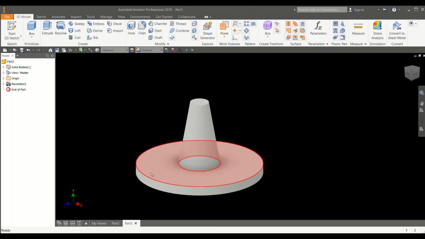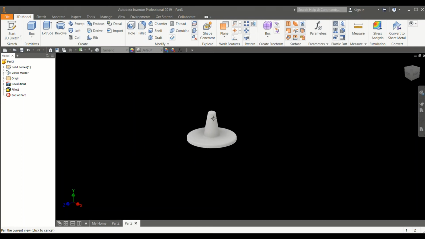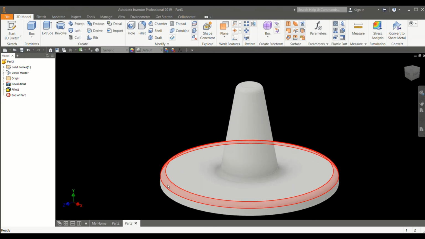Now we will do fillet. Fillet you can do on edges, loops, features, etc. Here you have to select the radius or distance you want to create in the fillet. It's 2 millimeters. Let's see how nice it looks. 2 millimeters. Here you can create, here also you can do, and if you want, here you can do also. Then press OK, and you can see it just created a fillet edge. It has filleted these edges.